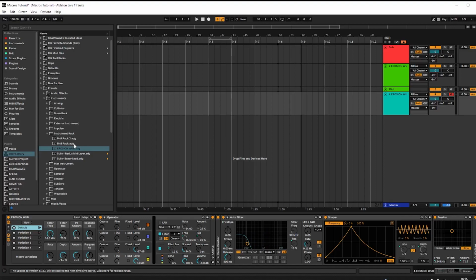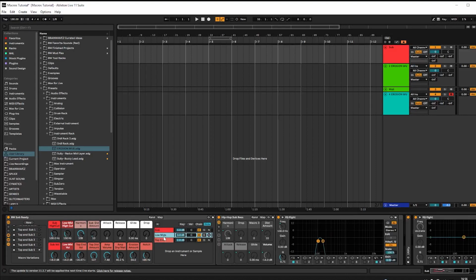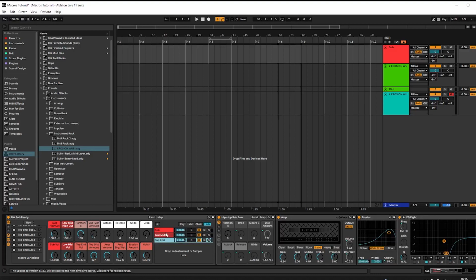And actually I'm going to show you another thing that I use on a daily basis, and that is I take this concept and I put it into my sub bass. This is a little bit more complicated because we also have chains going on, sub chain, low mids chain, and top end distortion. But basically the main principle is the same. I mapped some knobs, and then